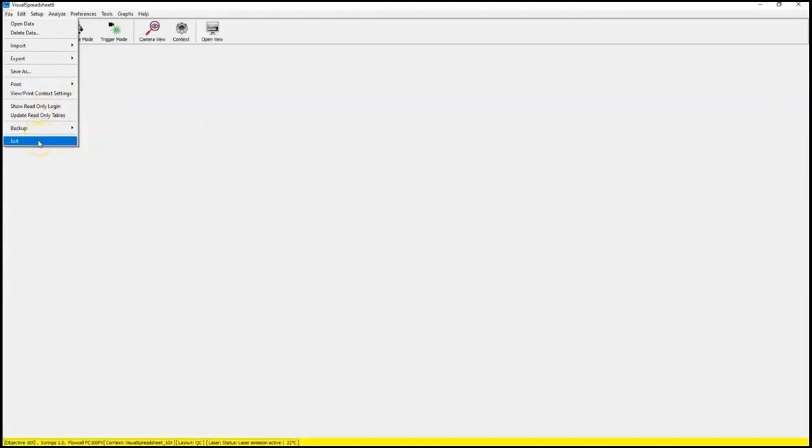closes the VisualSpreadsheet application. For advanced FlowCam users, an additional license key is available that activates the Show Read-Only and Update Read-Only Tables options, which give you read-only access to the VisualSpreadsheet database. With this access, data can be pulled, or multiple databases can be aggregated without the risk of corrupting or deleting